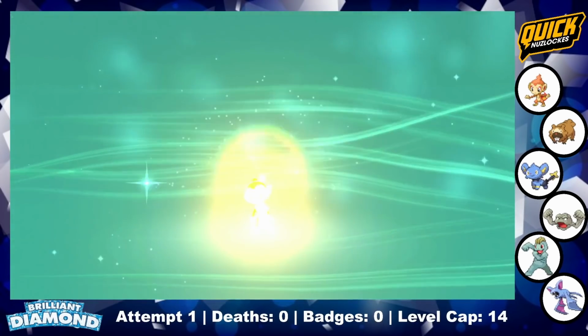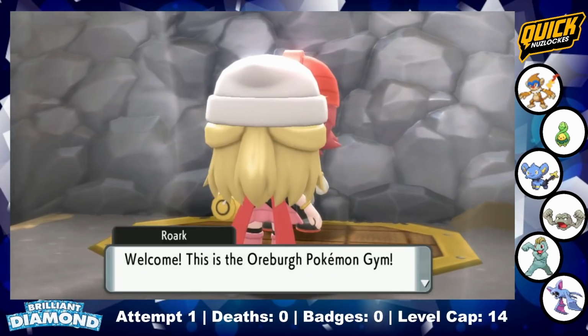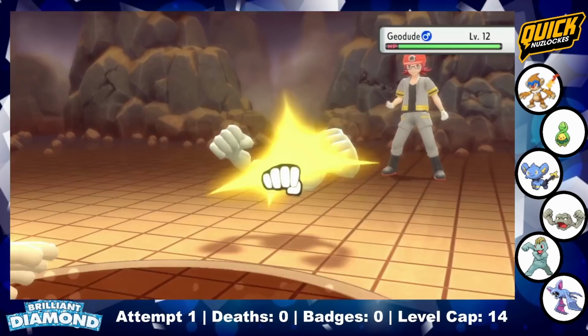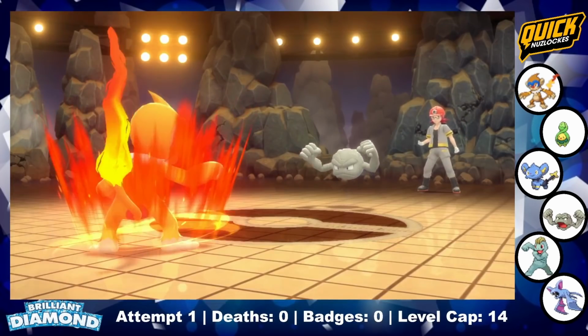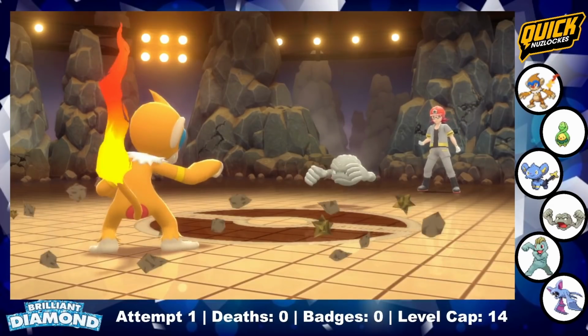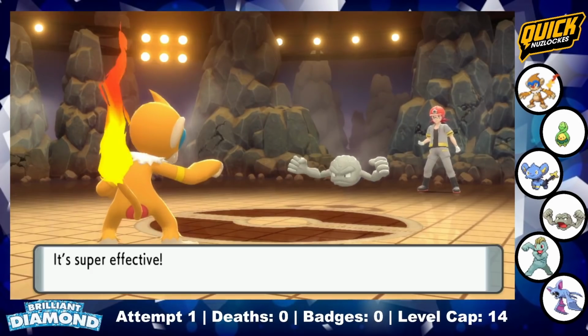Just before Roark, my Carrot evolves into its fighting evolution, Monferno. It's time to take on Roark and his rock Pokémon. Luckily, the game decided to give Chimchar Power-Up Punch, which raises your attack by one stage after you hit. Geodude just uses Stealth Rock, and I can knock it out with a second Power-Up Punch, and now I'm at